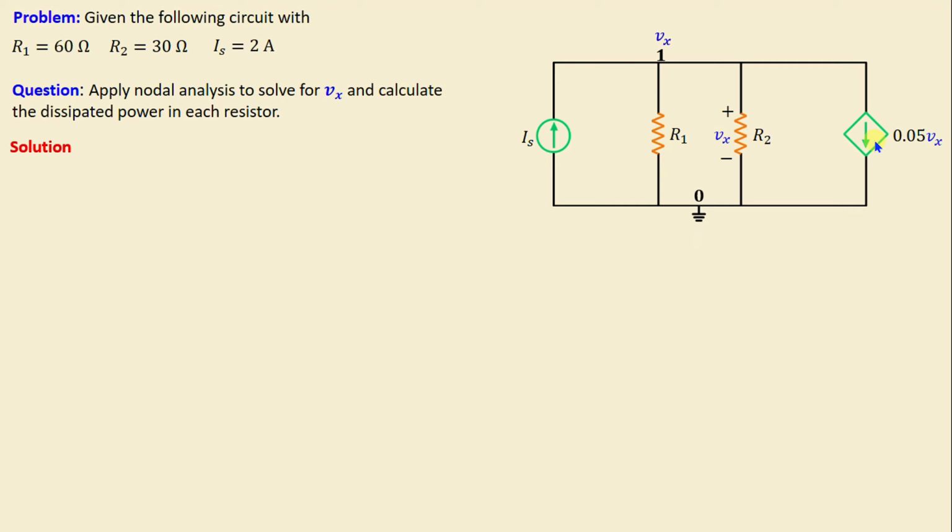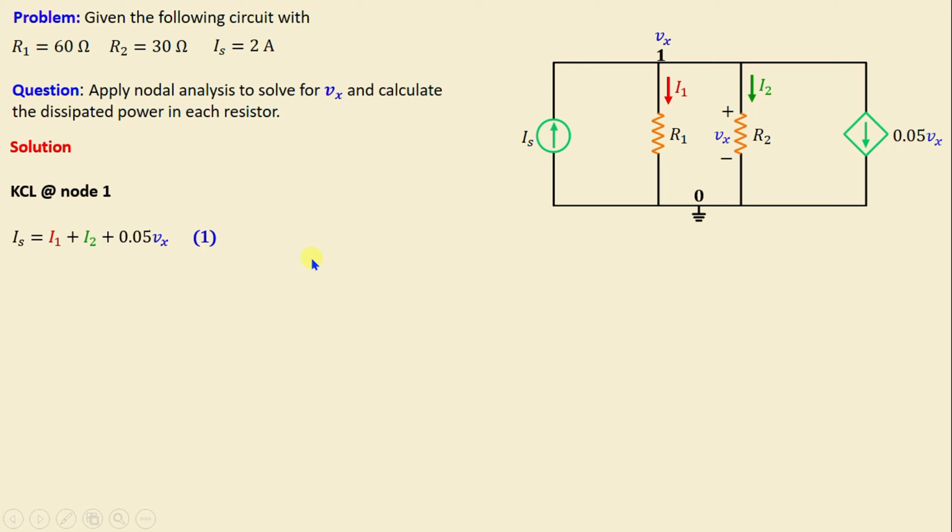Let's now assign arbitrarily the currents in each branch, and I will consider I1 is the current through the resistor R1 and I2 is the current through the resistor R2. Next, we'll proceed to apply Kirchhoff's current law in each node. By applying Kirchhoff's current law at node 1, we can write IS is equal to I1 plus I2 plus 0.05